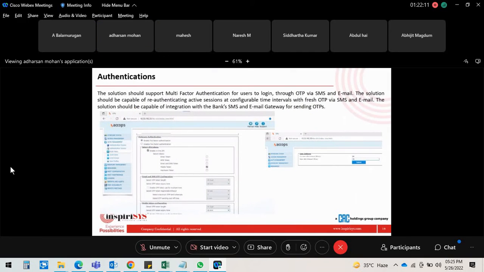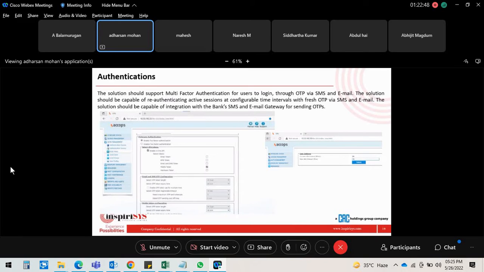So authentication. Authentication is another major part. In this, the customer was asking for SMS and email token. So in this we can do it with AppOps solutions: email token and SMS token, then mobile token, hardware token. All these tokens we can customize and give entry. And we can set what the token length should be, 6 digit or 7 digit. And expiry time we can customize. And what is the timeout? Idle timeout we can mention, and